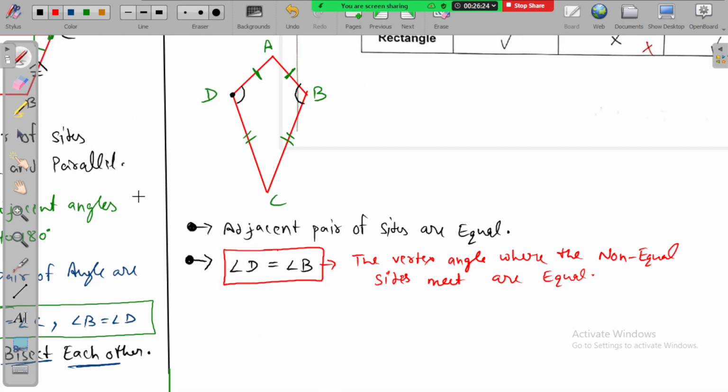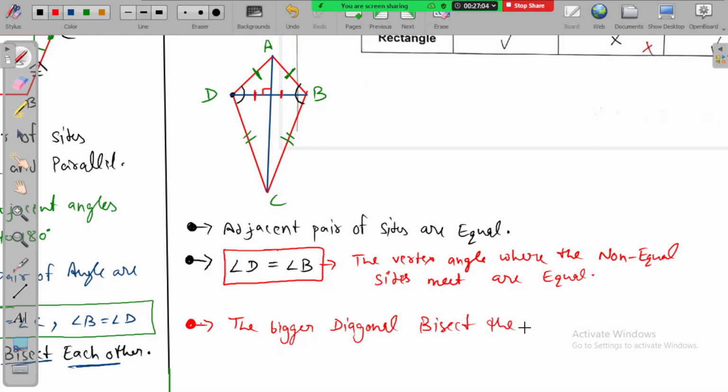Then comes the diagonal point. So what about the diagonals? If I make the diagonals in the diagram, you can say there are two diagonals. One is a longer diagonal and one is a shorter diagonal. Yes or no? And these diagonals are also crossing each other at 90 degrees. Okay. One more thing: the bigger diagonal bisects the shorter diagonal. So we can mention the bigger diagonal bisects